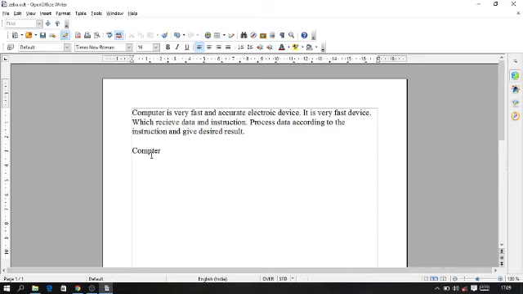For this purpose, I have to use insert mode. But by mistake, if I am working in the overwrite mode and then I type alphabet U, then what will happen? It will overwrite the next text. Now for example, I want to insert alphabet U after alphabet P. Then as I type alphabet U, it will be overwritten onto T, because here I was working in overwrite mode instead of insert mode. So for doing such things, please make sure that you are working in the correct mode.